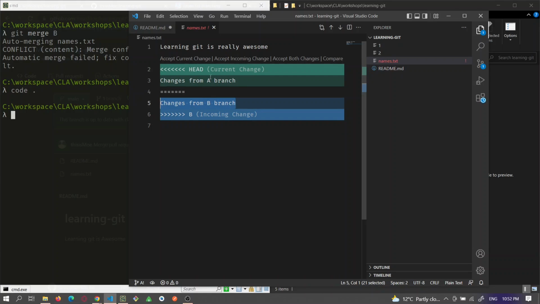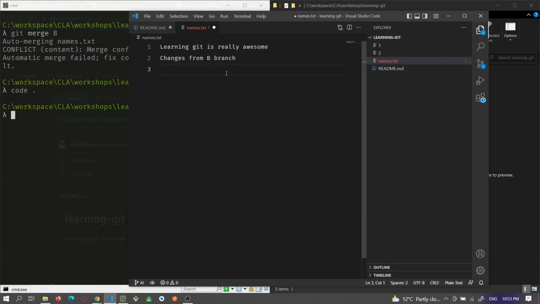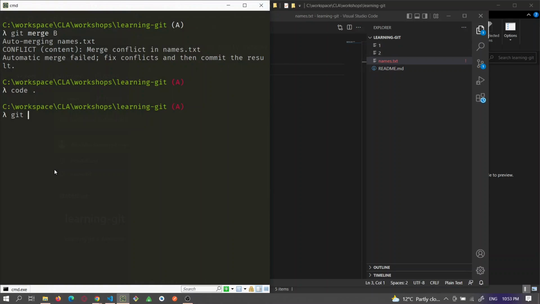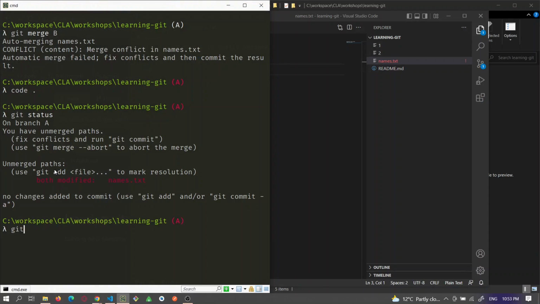Okay, using VS Code, I can just choose to resolve this conflict right here. I can accept both changes, accept the incoming change, or accept the current change. Let's accept the incoming change. So we are telling it, hey, use the line from branch B, not the line from branch A. Awesome. Now if we save this and go back here,